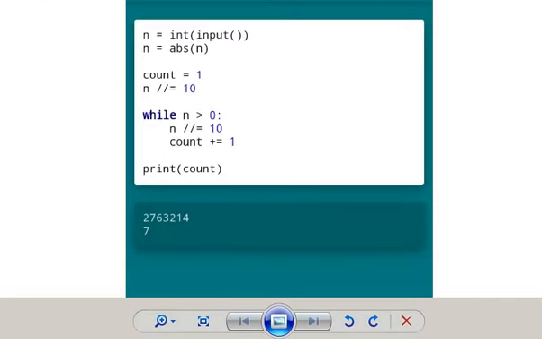Look at this program. What is it? Is it to count the number of digits in any number? Check it out. Count the number of digits in any number. You just make some changes in this program and try to write a little bit simpler than this program. You can even write a simpler program than this, but try to make some changes in this and see how to do that.